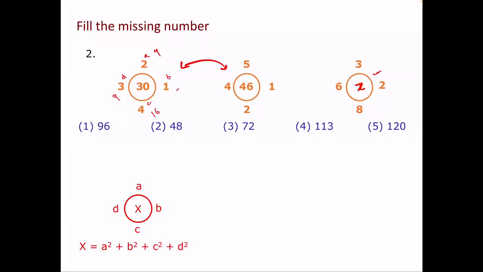Okay, similarly do it here. If you call them as A, B, C, D, so 5 square 25 plus 1 plus 2 plus 16. Add all of them, 46. And so will you do it here. If you call them as A, B, C, D, so 3 square 9, 2 square 4, 8 square 64, 6 square 36. Add all of them, 130. And that's your answer. So as I said earlier, if it's an easy one, you should get it.